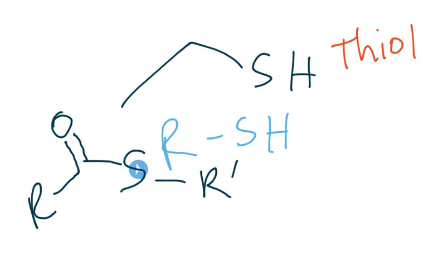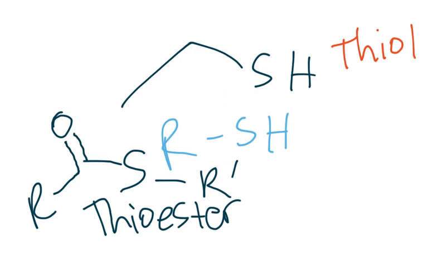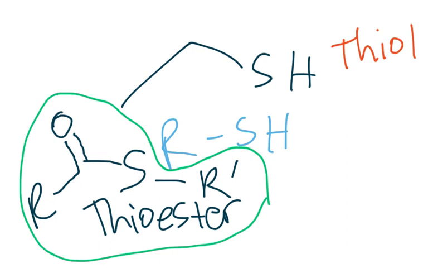But because we put a sulfur, remember the prefix for anything with a sulfur would most likely be thio. So instead of an ester, we can call this a thioester functional group. So this right here specifically would be a thioester functional group,